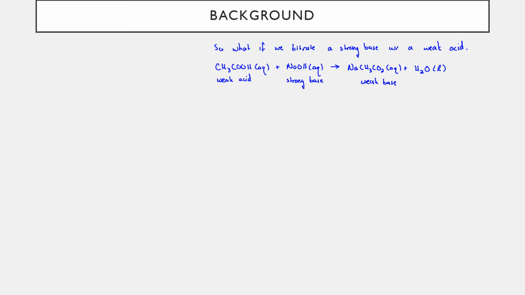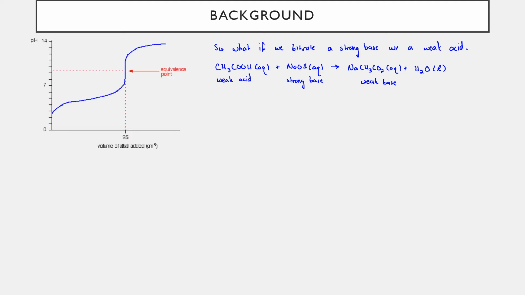The sodium does nothing, the water is going to be neutral, and the sodium acetate, or the acetate ion more importantly, is going to be the only thing that actually contributes to the pH being either basic or acidic. And in this case, since it's a weak base, it's going to make the solution slightly basic. So if we go ahead and look at the titration curve that we would expect for that particular